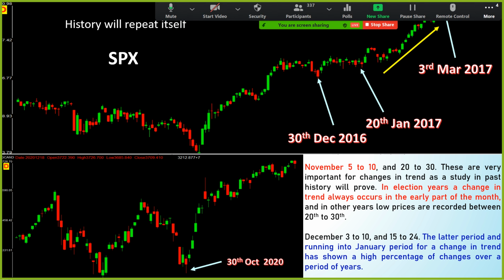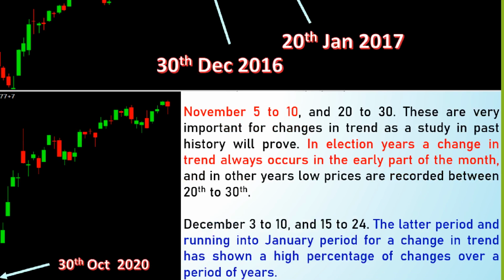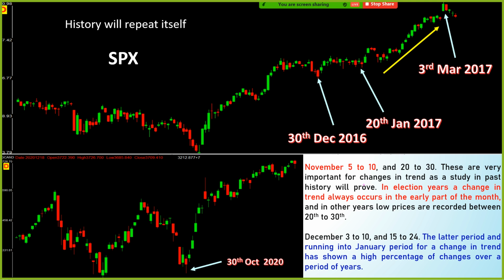The upper chart is the history from 4 years ago for the S&P 500. We can see a very important turning point in this chart, because I only select the range from the middle of August 2016, 4 years ago, also an election year. Then we find it dropped all the way from middle August to the end of October, and around the election date